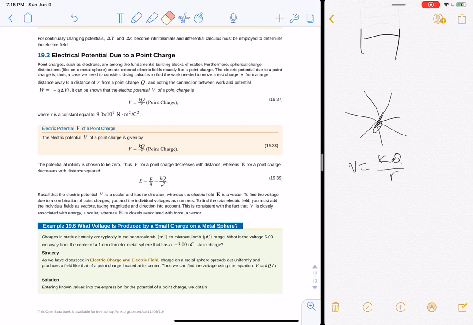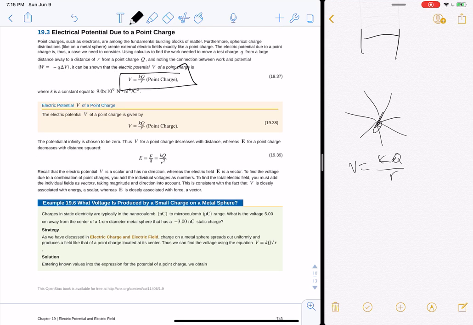That's it. Okay, and this is because you know what the electric field is. So the electric potential of a point charge is this, and K is your 9 times 10 to the 9 newton meter squared per coulomb squared, or 8.99, depending on when it's written, and that's just by definition. So if you have a point charge and you want to know what's the voltage from